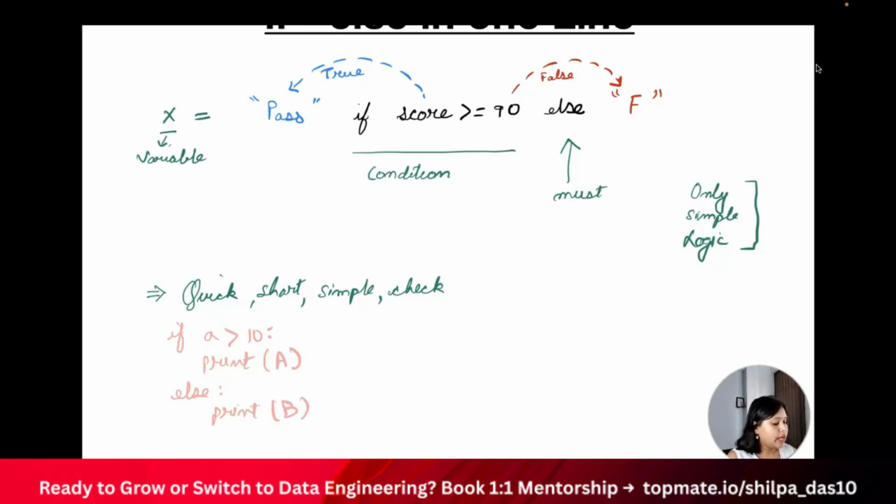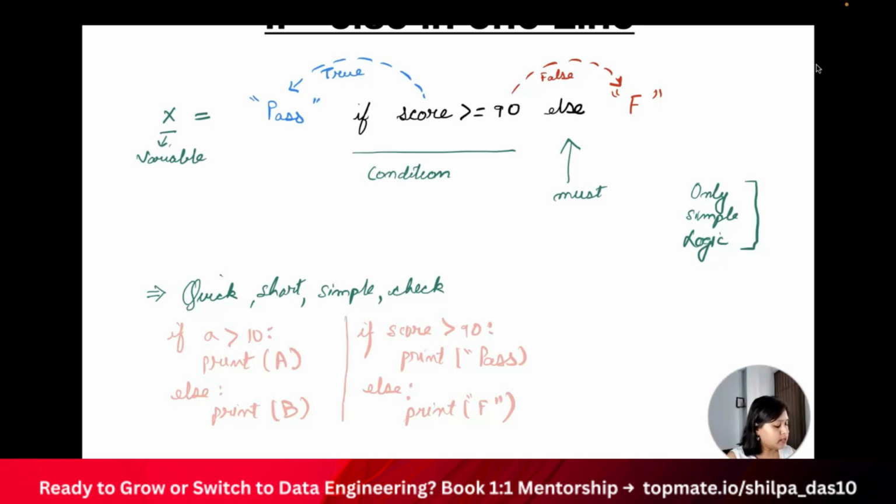Now, in case you have a score, as we were using a different example, I will write: if score is greater than 90, then I want to print pass, that I passed. Now, if it's not, then else I'll print that you actually failed.